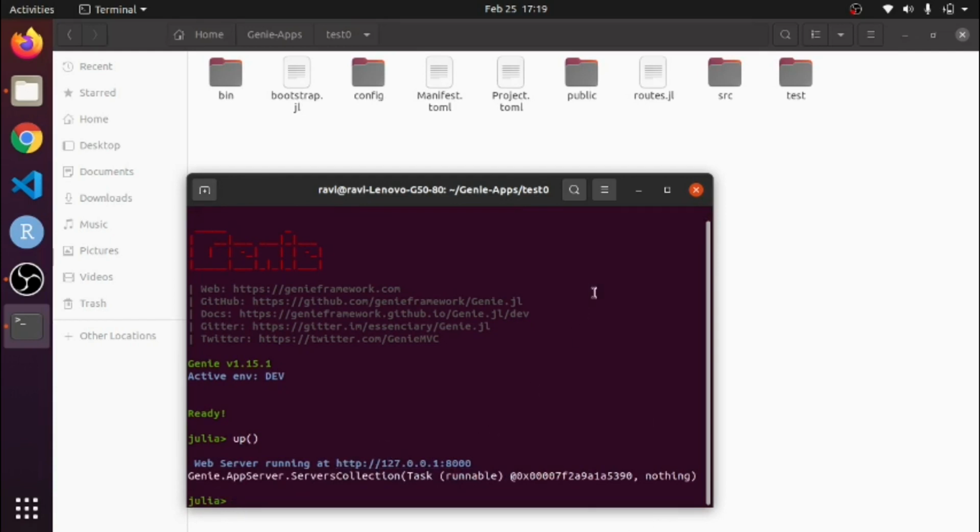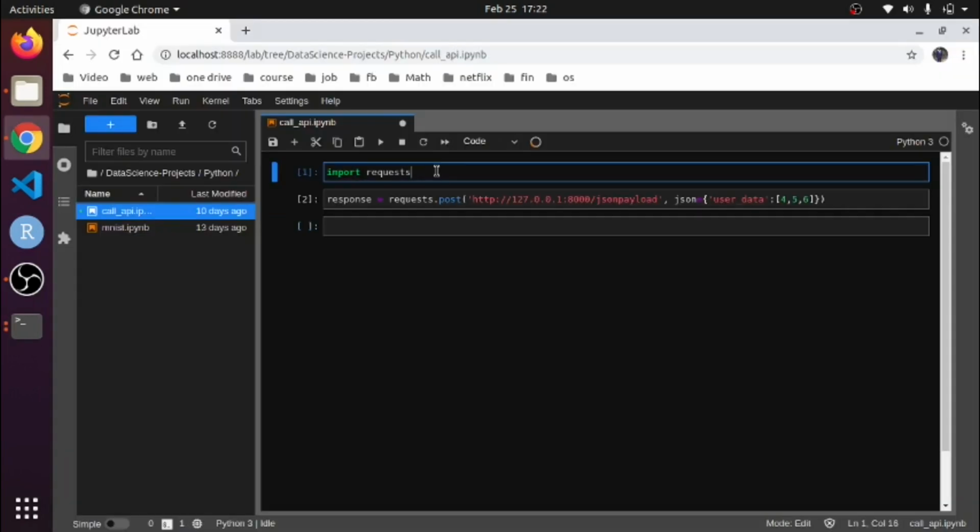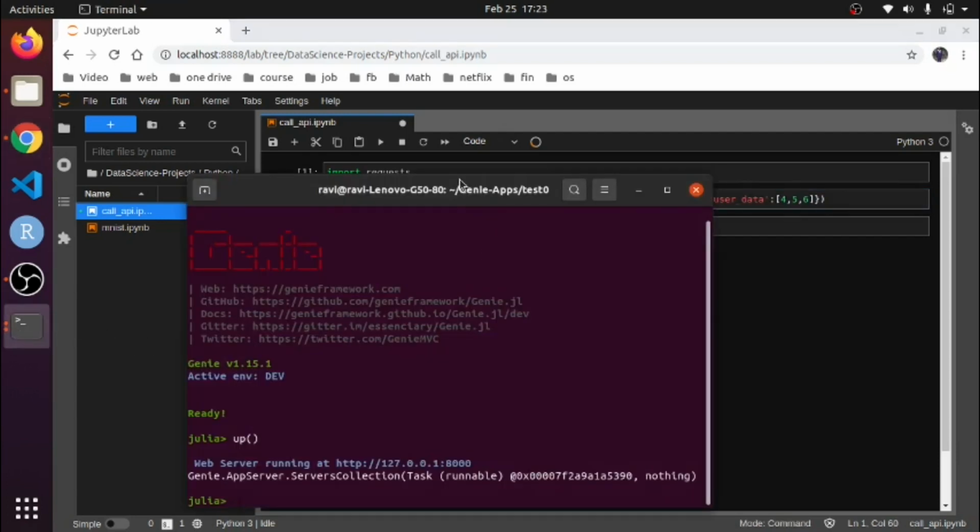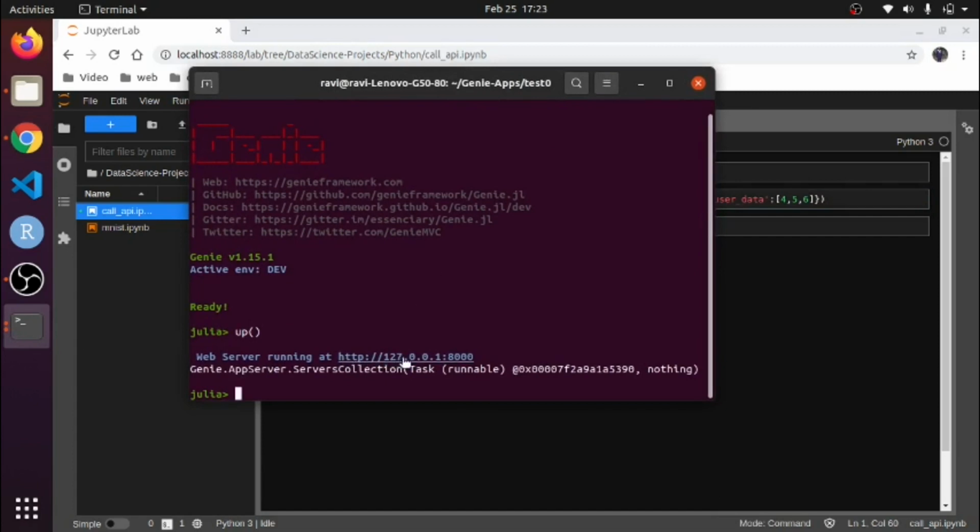Now I am calling from R and Python. So this is Python, and first I am importing the requests module. Then I make the post request to this URL. This is my server URL. If you observe here, Julia is running here, so I just copy this URL and paste it.